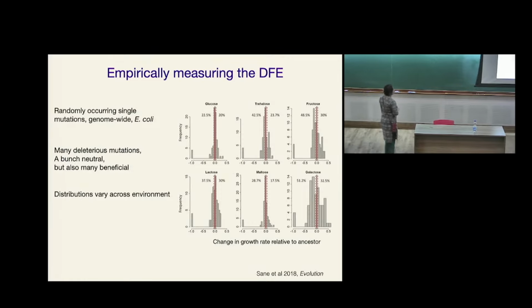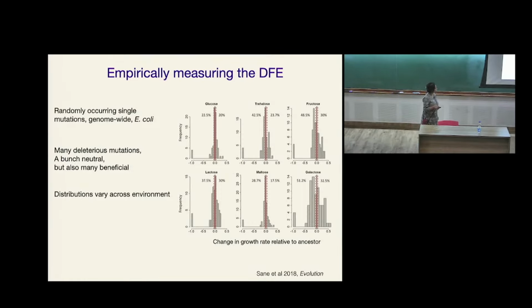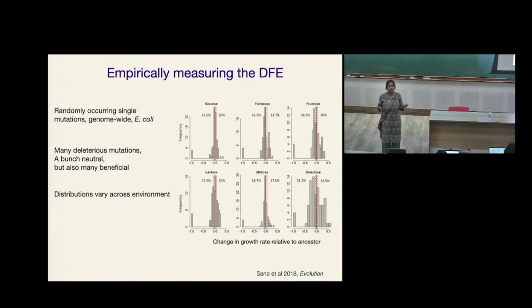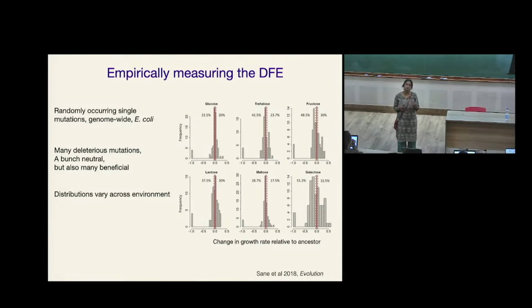So we also wanted to measure the DFEs, and this is work by Mridula, who was a Ph.D. student in my lab. And so we collected a bunch of random mutations that occurred during what's called mutation accumulation in the lab with E. coli. What is mutation accumulation? You've heard of selection experiments, right? You can experimentally evolve populations of insects or bacteria, horses if you want, to evolve under some selection pressure,